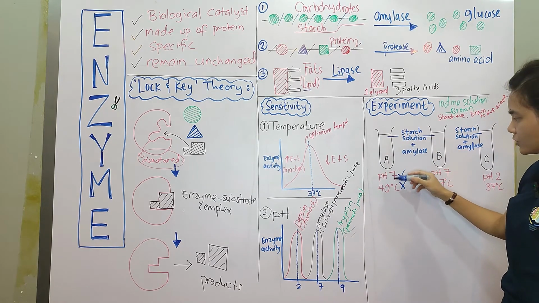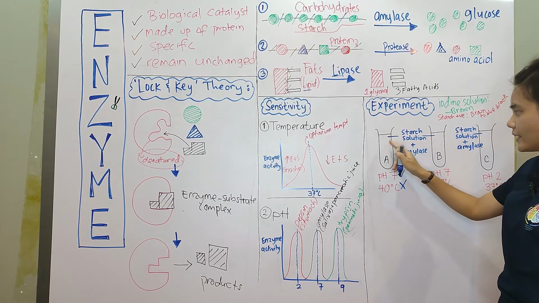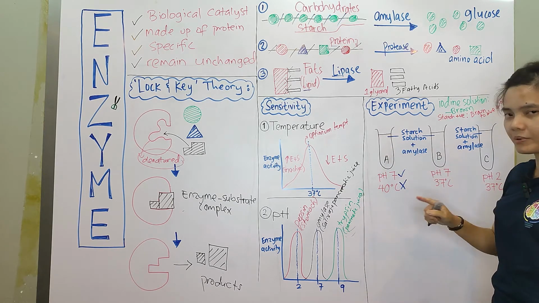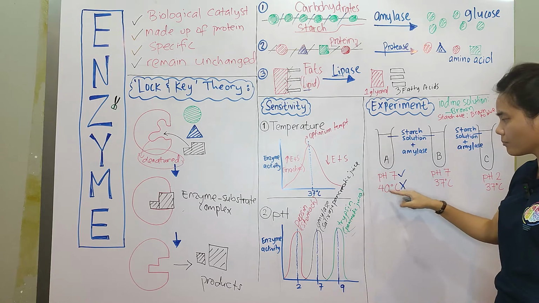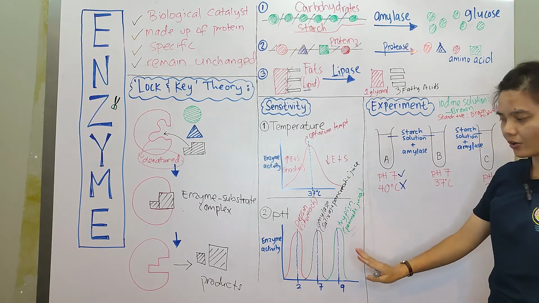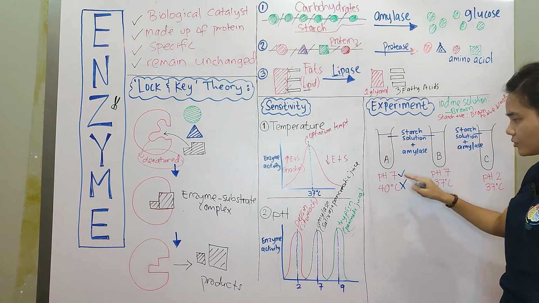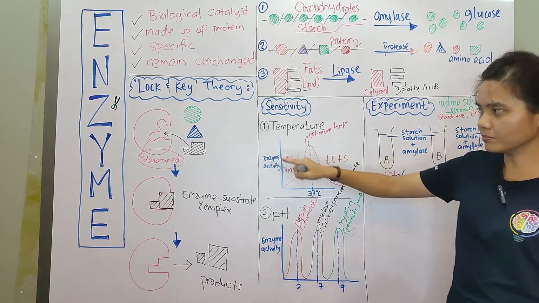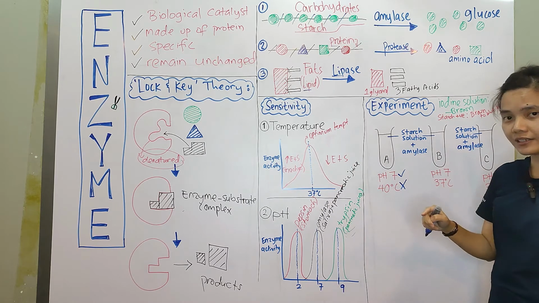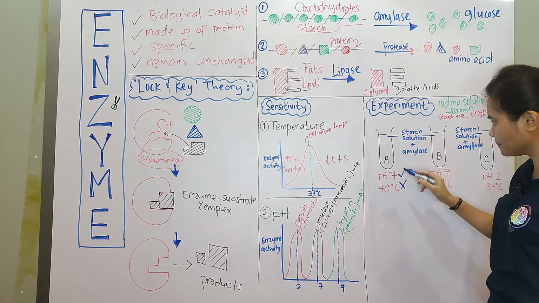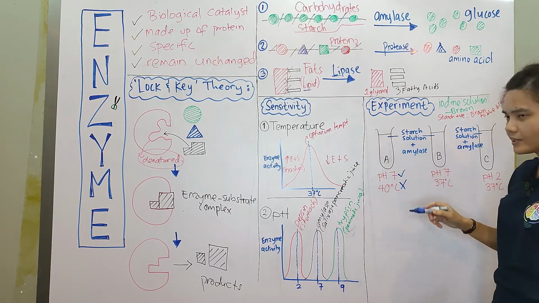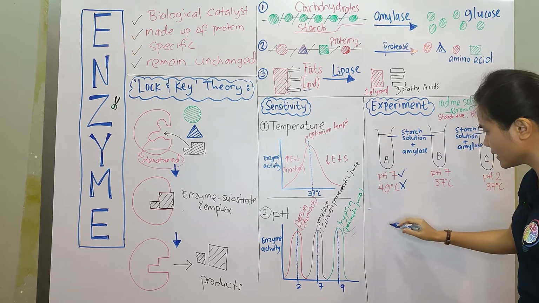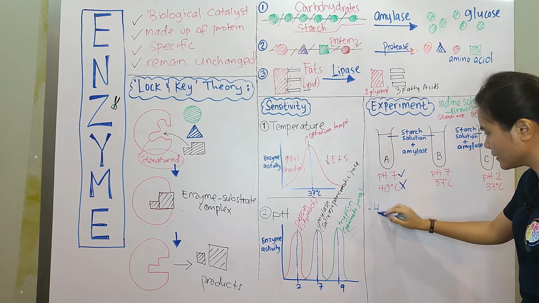So if these two are not ticked, then it means amylase cannot work. Both must work. Both must be at ideal condition and temperature. But in this one only the pH is okay, the temperature is not. So the enzyme will still get denatured. So amylase gets denatured. So what happened to starch? Will it be broken down? No. Okay. So here you can say 40 degrees.